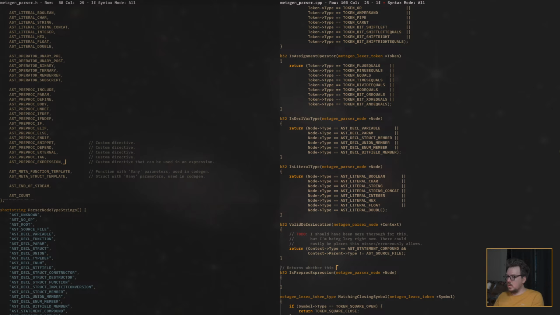It returns whether a preproc node can be used inside an expression or as an expression.